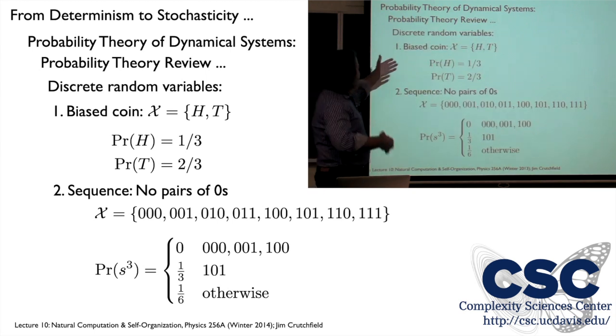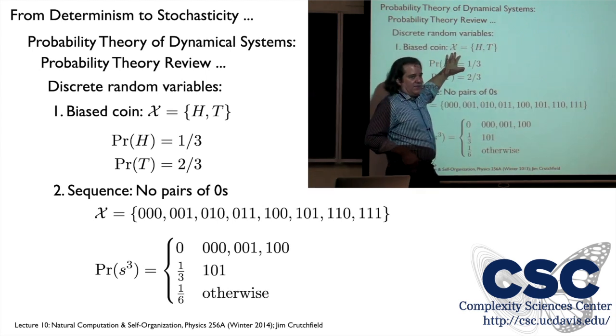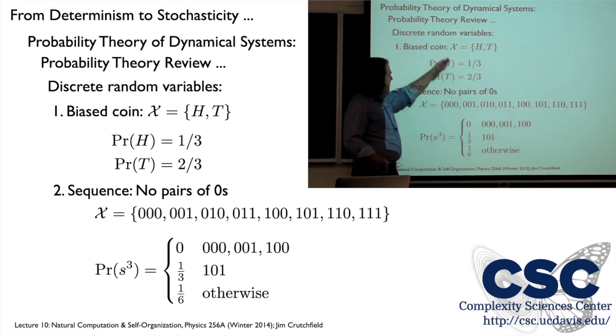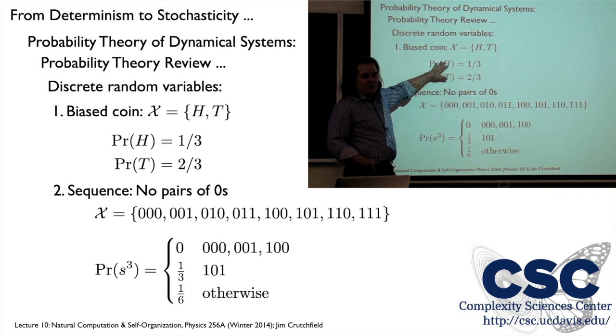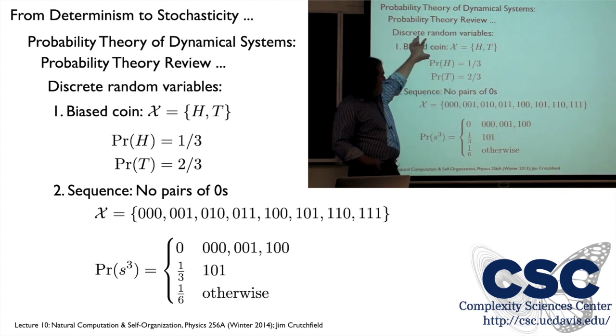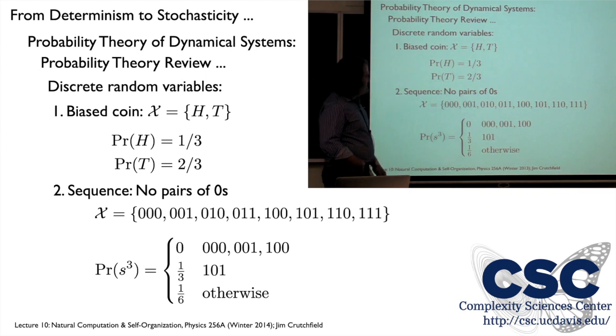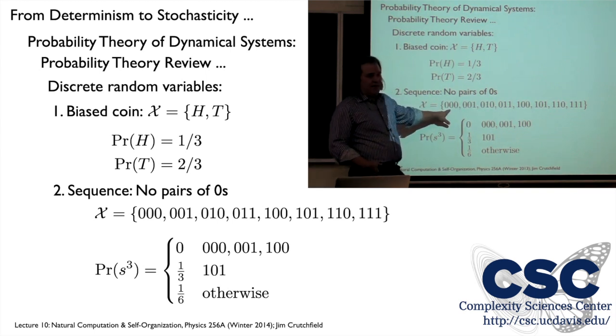Examples? Well, okay, a biased coin. The event space is over heads, tails. This is the alphabet, H, T. And then to specify it, we have to give the probability of the random variable capital X being heads, probably 1/3, being tails, probably 2/3. Numbers between 0 and 1, and they sum to 1. Normalized distribution. Another kind of random variable would have this event space.